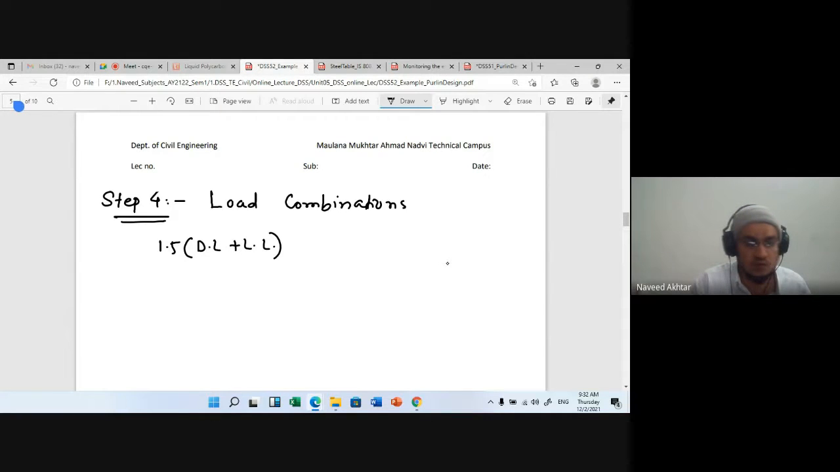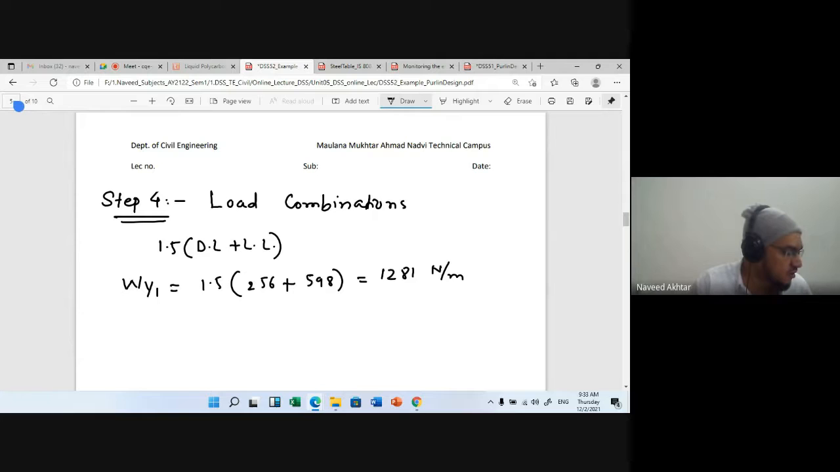So, 1.5 times of dead load plus live load. We have to take vertical component and horizontal component both. If I write WY1, the vertical component, 1.5 times dead load of vertical component is 1256, and live load of vertical component is 598. So 1.5 times, and then it will be coming 1281